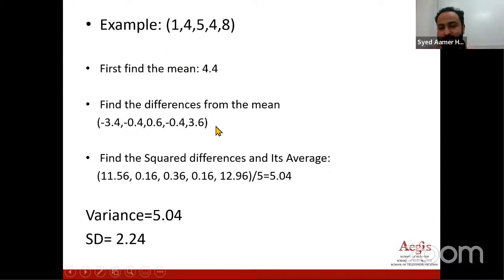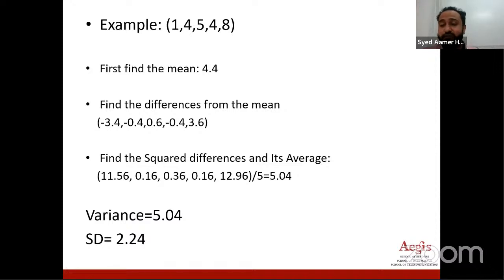You will get those differences, and then you have to square all those differences to avoid the negative values, and then you have to divide by the number of elements. You got the number of elements to be 5, and there you are getting 5.04 to be the value of variance. And from variance, you just have to do what? Square root. And by taking the square root, that will become what?